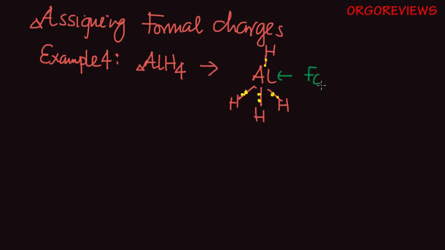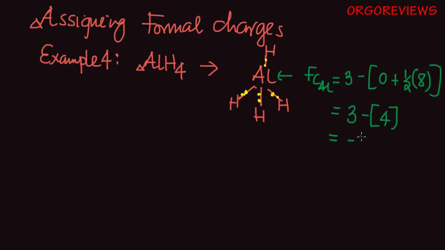So the formal charge on aluminum will be the valence electrons of aluminum, which is 3, because aluminum belongs to the group that has 3 valence electrons. So it has 3 minus the number of non-bonding, which is 0, plus half of the bonding electrons, and in this case we have 8. So if you went on, it would be 3 minus 4, and you get minus 1